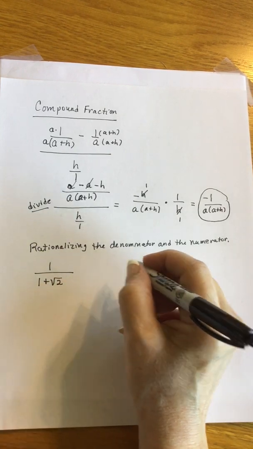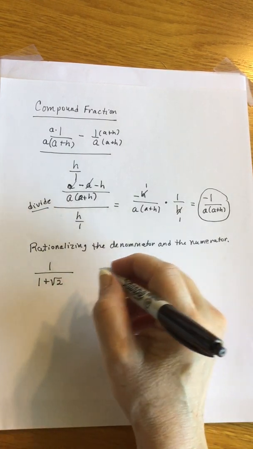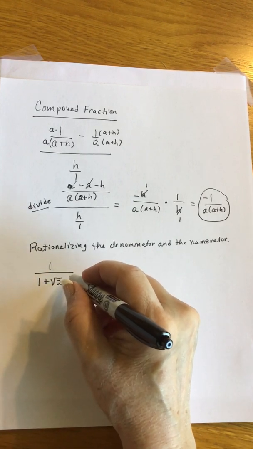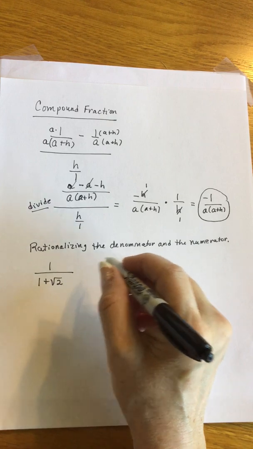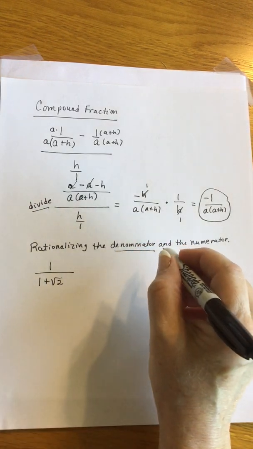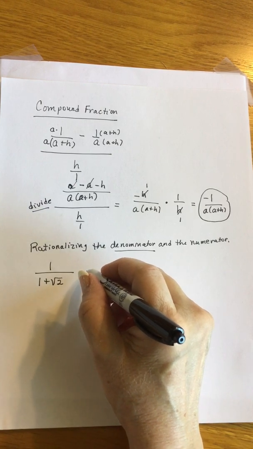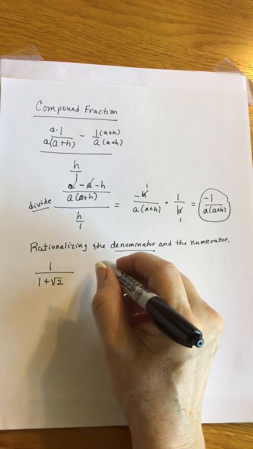Now the one that we're most used to is where we just would have 1 over square root of 2, not 1 over 1 plus square root of 2. So in this case we have to rationalize the denominator, which means that we want to get rid of that square root of 2. So what I have to do is multiply by the conjugate